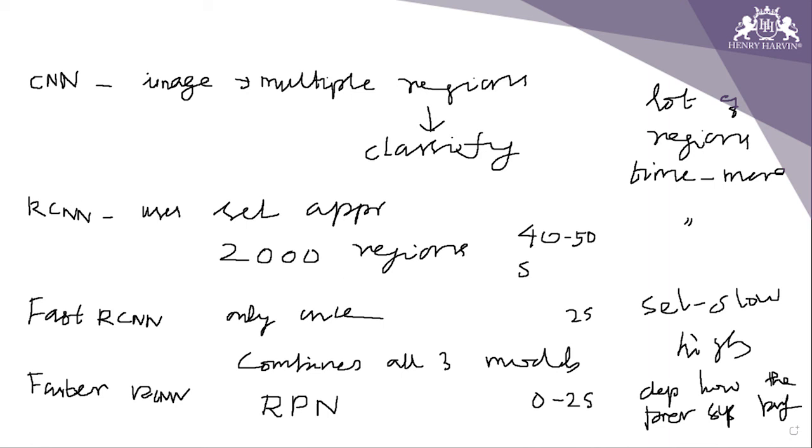Clear? So we have discussed what CNN is, how it works, and what the problems with CNN are. Then we discussed RCNN, Fast RCNN, and Faster RCNN, how all these three work, what their limitations are, and the time taken by them per image. I hope it is very clear to you. So we had a very good comparison of CNN, RCNN, Fast RCNN and Faster RCNN. Right, thank you.